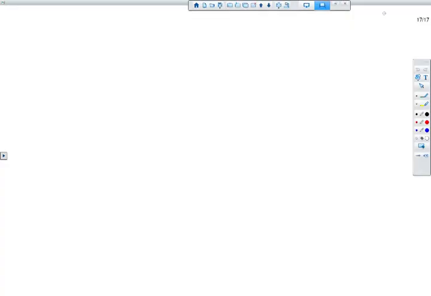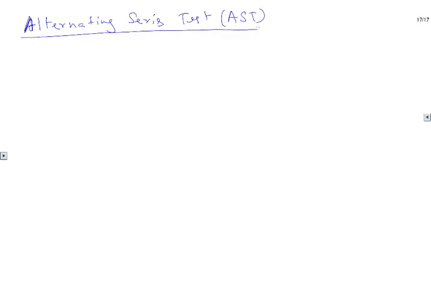In this review, we will study one of the important techniques called the alternating series test. We sometimes call this AST. As the test says, it is only applicable for alternating series. So, what is an